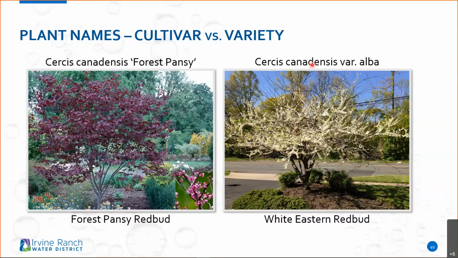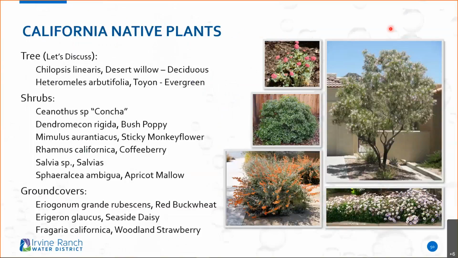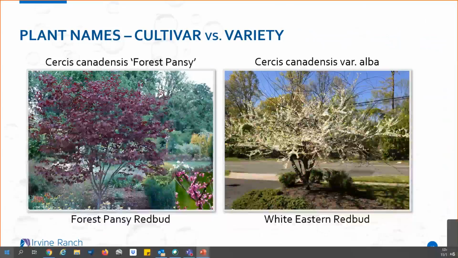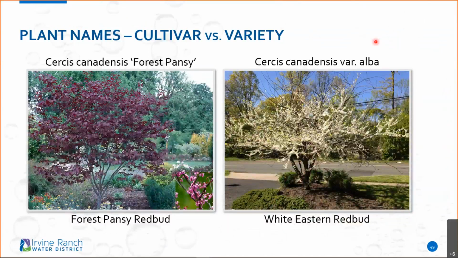And here we have another eastern redbud, but this is Cercis canadensis, variety alba. So this one happened out in nature just to grow with white bloom. It's actually grown now by cuttings, and it actually kept its true form. This is the white eastern redbud, which just sounds pretty funny, but what a gorgeous plant, what a gorgeous shrub or small tree. Okay, so let's see. We are moving at a good pace. Let's keep going.